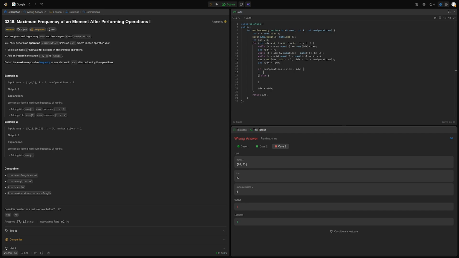So we don't have enough operations. I mean, we just want one element, so it's not worth it. We just want to take all fours, make it into something different, so that